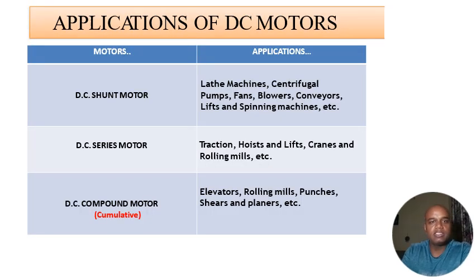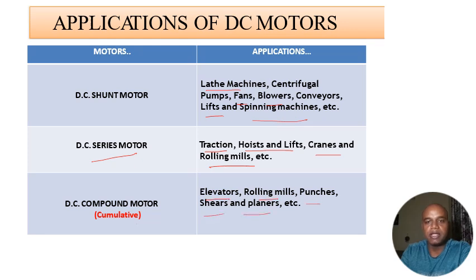Here the DC shunt motor, as we know, is a constant speed drive. So it is being used in lathe machines, centrifugal pumps, fans, blowers, conveyor belts, lifts, spinning machines, etc. Whereas the DC series motor, which has the characteristic of giving high starting torque, is being used in electric traction, hoists and lifts, cranes and rolling mills. Similarly, the DC compound motor, specifically the cumulative compound motor, has application in elevators, rolling mills,